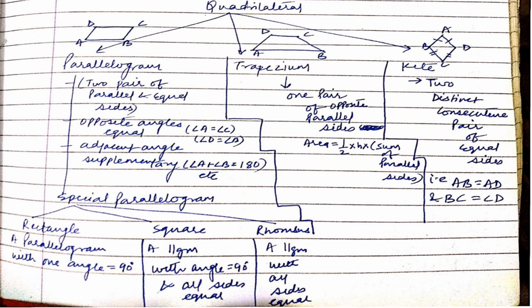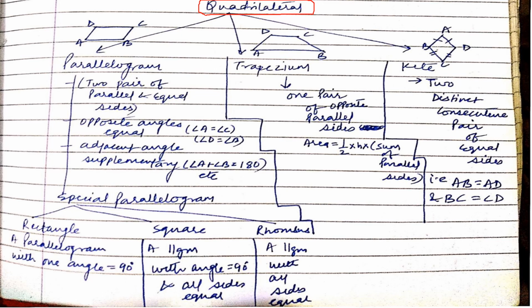Now comes the most important part of this chapter, quadrilateral. Because the chapter name is Understanding Quadrilaterals, this is the most important part. And if you understand this part very clearly, it will help you a lot in class 9th, 10th, 11th and 12th, because geometry is full over there. You can say half portion of mathematics is geometry, and half portion will be covering all these things only.